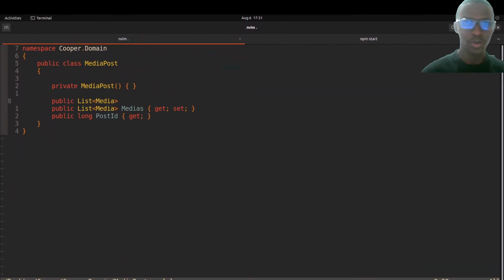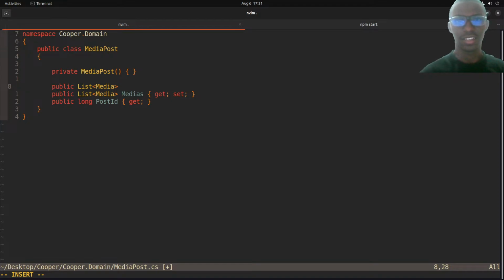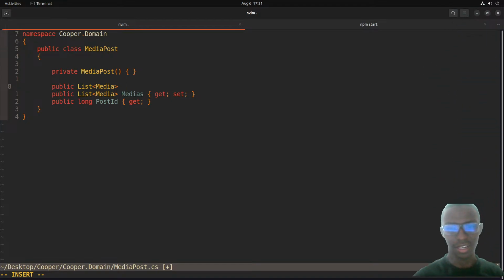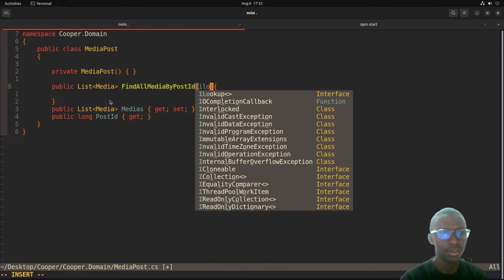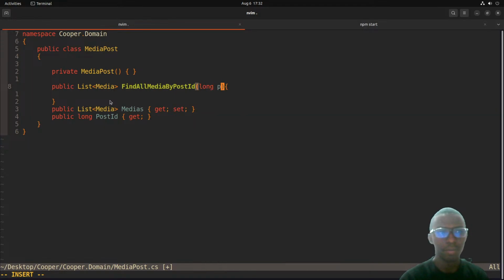These are the ways of coding. Let's see how far we can get. All right. Okay, so I'm gonna say, let's go here. I want to use find or media by post ID, right? So it's gonna take what? It's gonna take our long post ID,